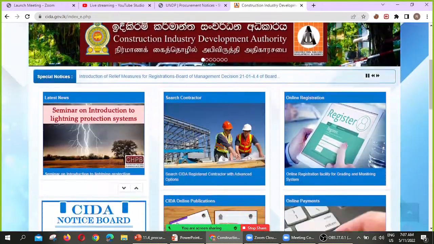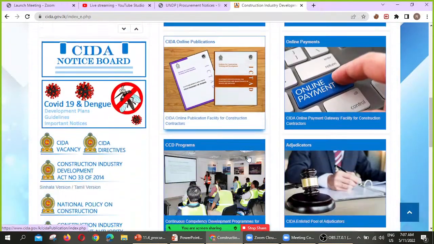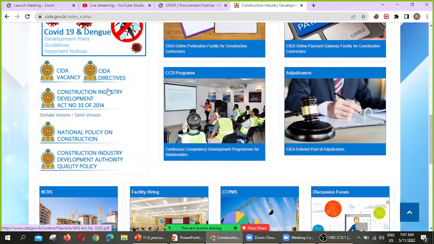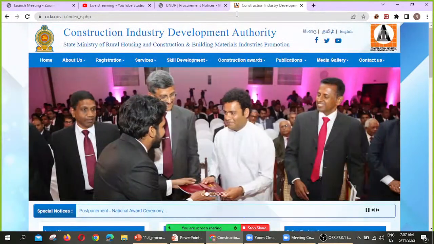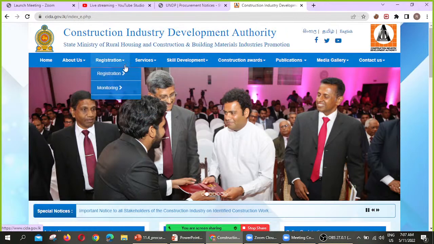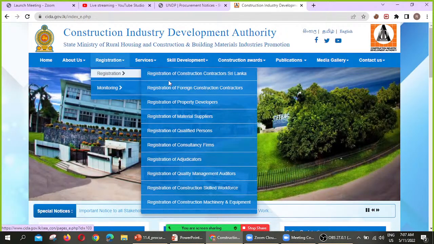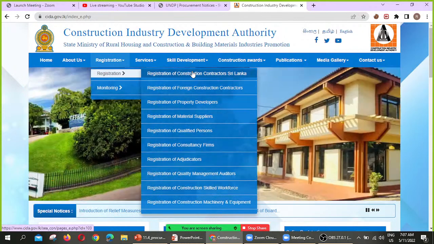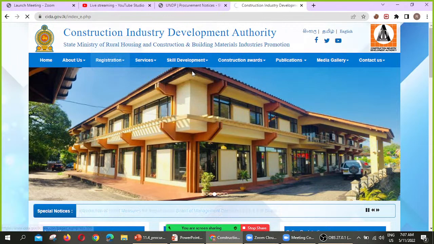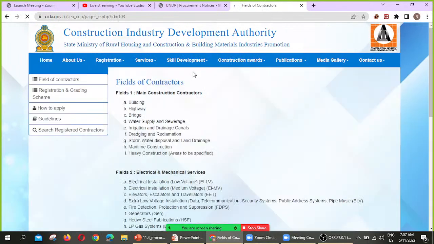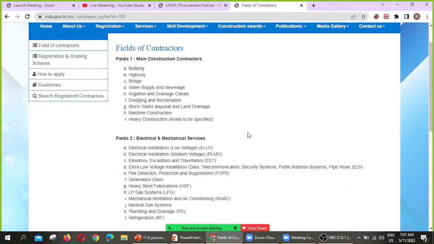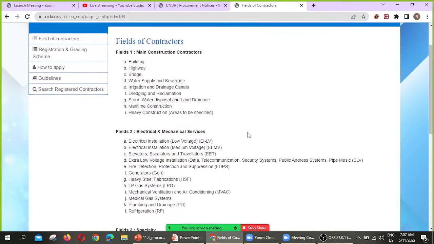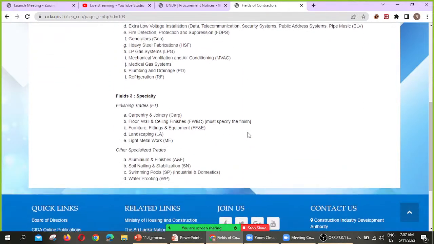Here they can do registration. There are levels, right?